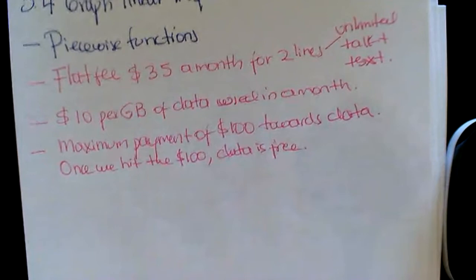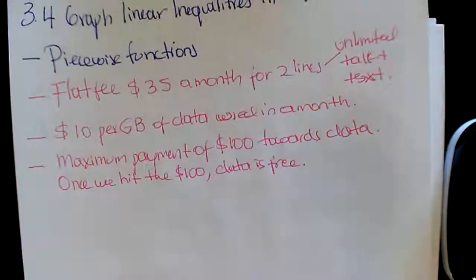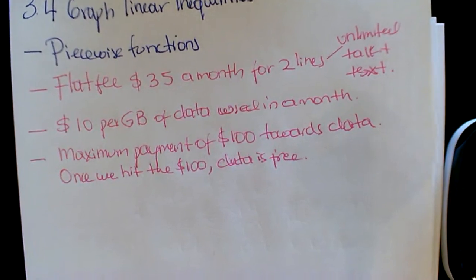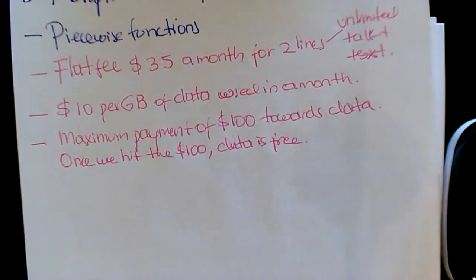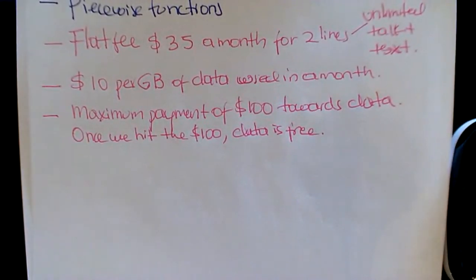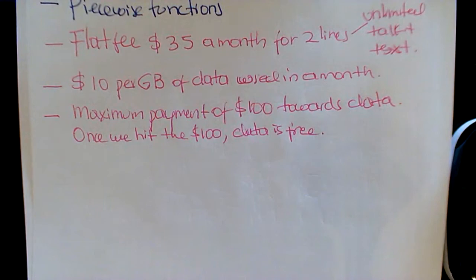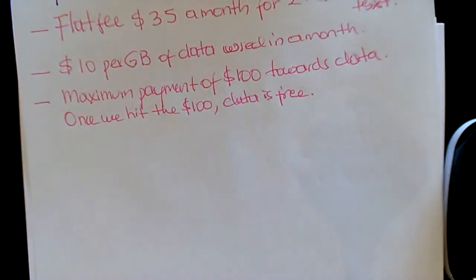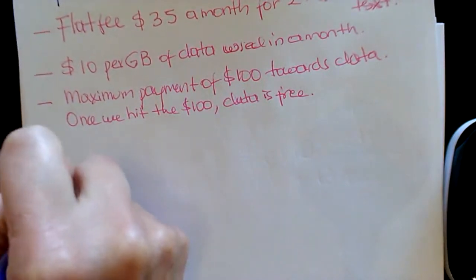So I'll get my pencil. Here's my pencil. How are we going to have to write this in math? So the relation is between how many gigabytes of data we use in a month and how much we pay for that month. So let's do this. We have f of x,